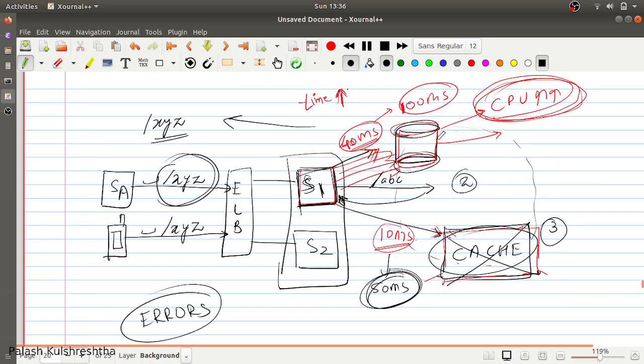So whatever the scenario, try to break it down into components, try to imagine and draw what each component can be doing, what other things can be getting accessed, and how it is going to impact your service or the components which are impacted, and then try to come up with your answers.